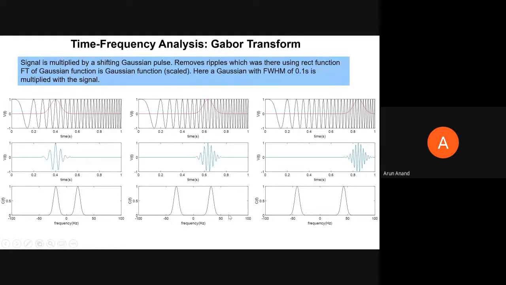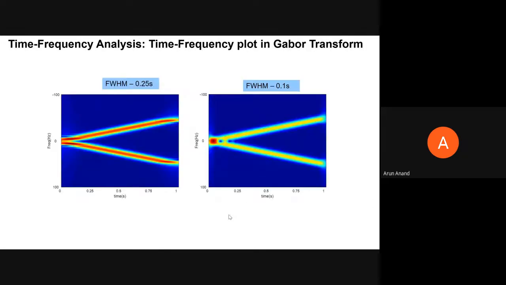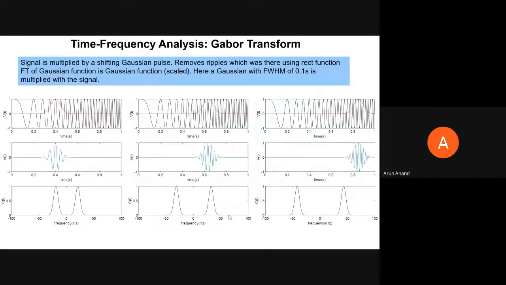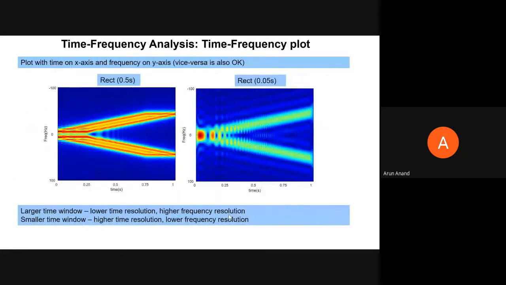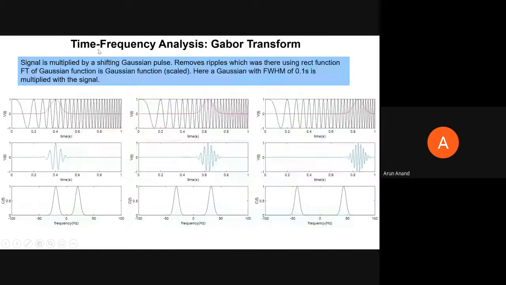Clear? So a Gaussian can be easily constructed in your MATLAB. It is nothing but e raised to minus a x squared. Instead of a, you can put any decay constant there. Now see the time frequency spectrum and compare it to this one. These non-uniformities or changes are basically due to those side lobes. The side lobes are in the y direction, because that's the frequency.